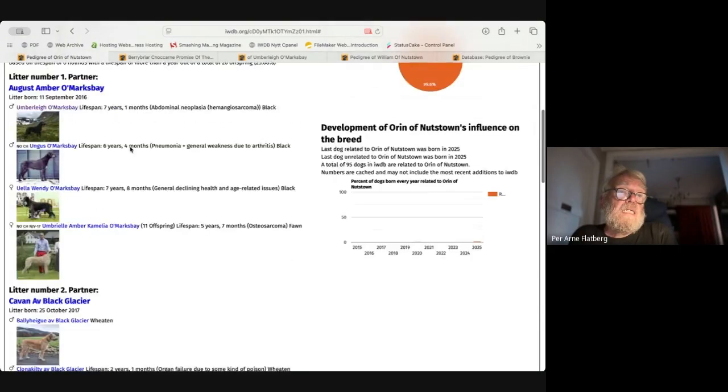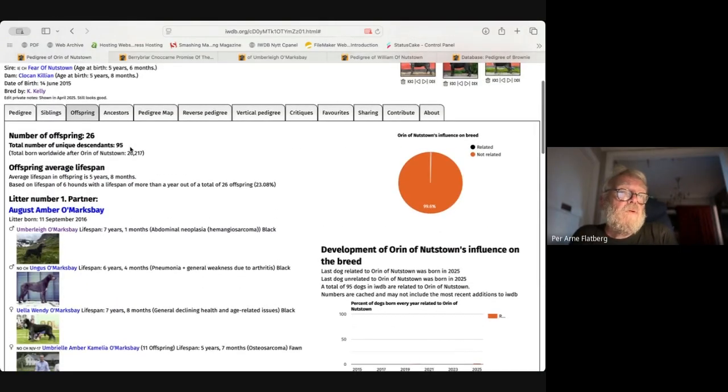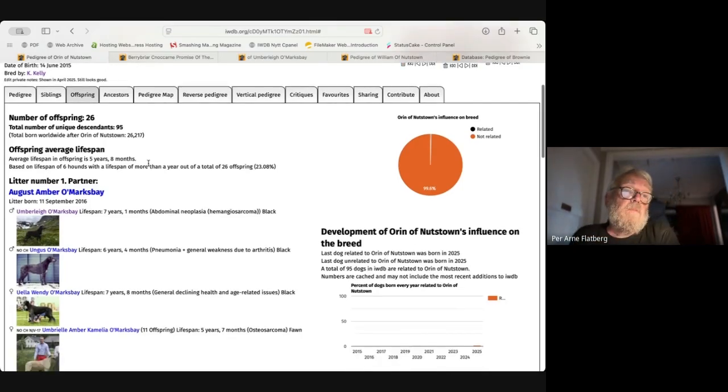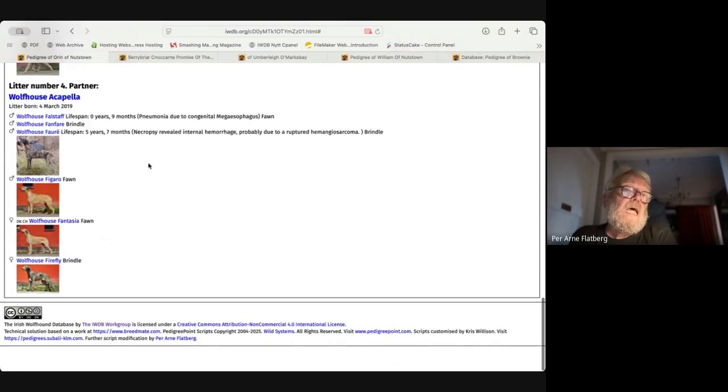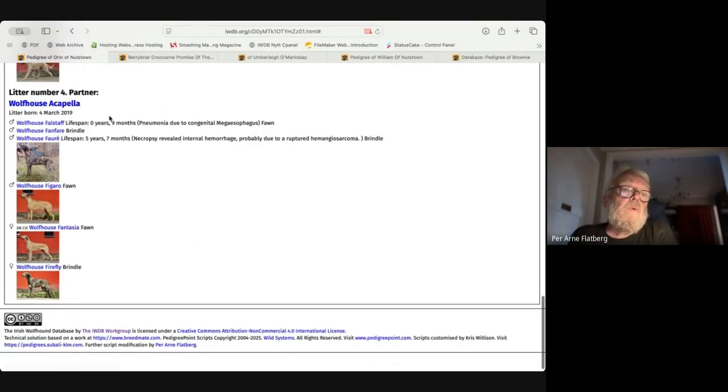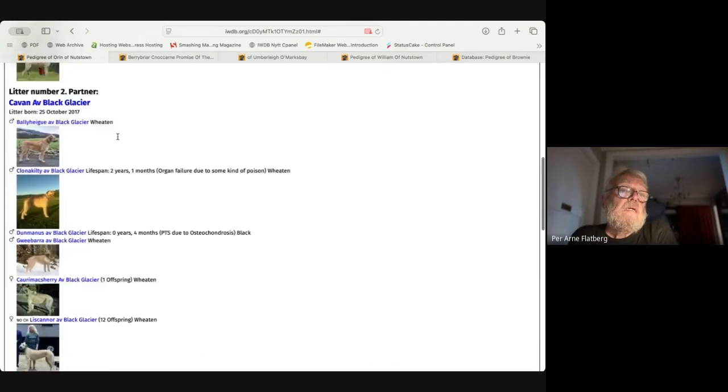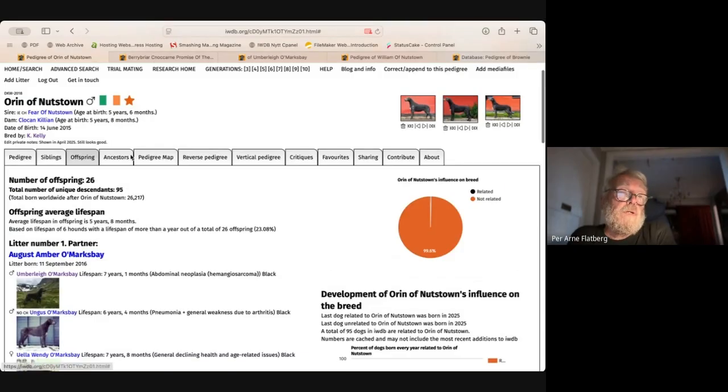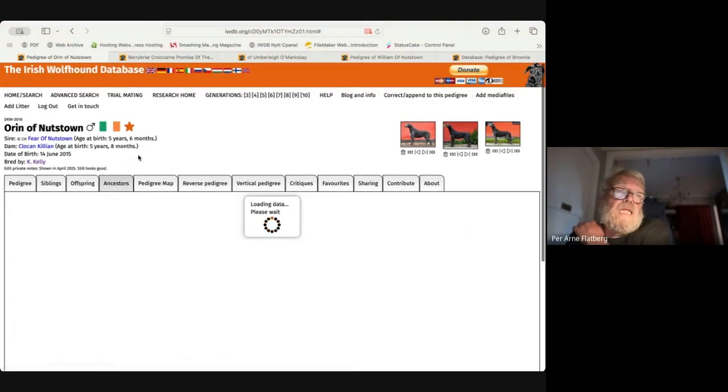You would expect him to give a longer average lifespan. But then again, his litters are born between 2016 and 2019, and quite a lot of those are still alive. So no conclusions can be drawn on that. So why am I saying that you would expect more? It's because if you look at his ancestors tab,